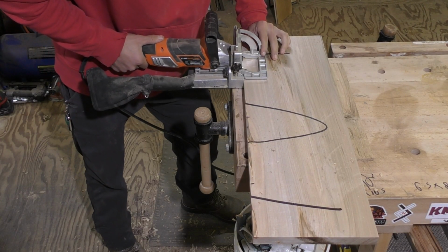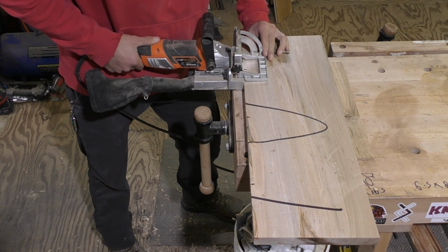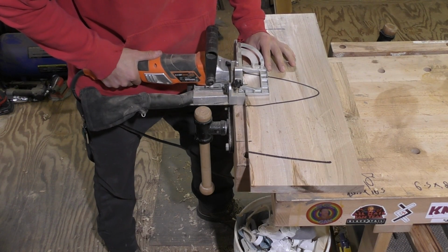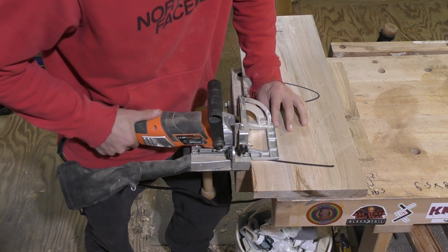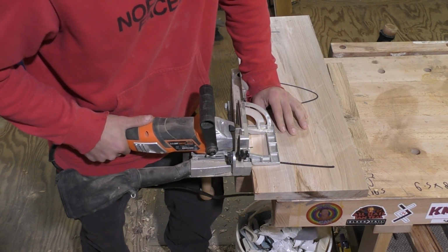I'm going to add some biscuits into the two panels that I just resawed. That way when I glue them up, there's the beautiful book match effect and they'll line up nice and easily. I happen to be out of biscuits, so I'm just cutting a wide slot, which is why I'm taking multiple small passes and just kind of wiggling it along. And then I just cut some rectangular pieces of wood and slid them in there, and they work the same